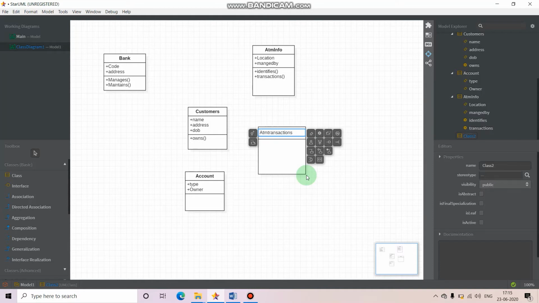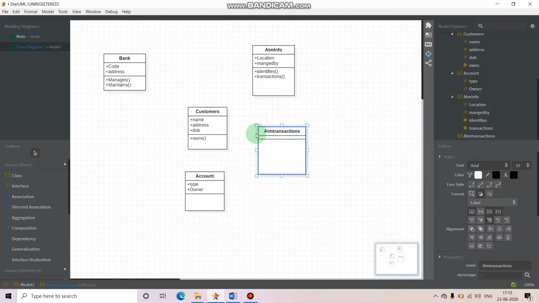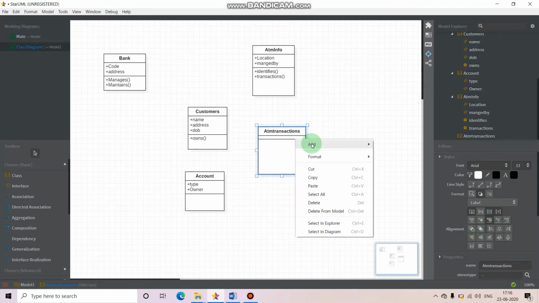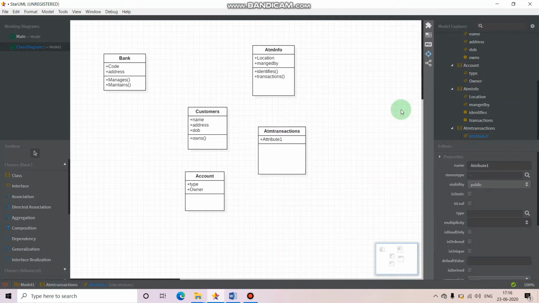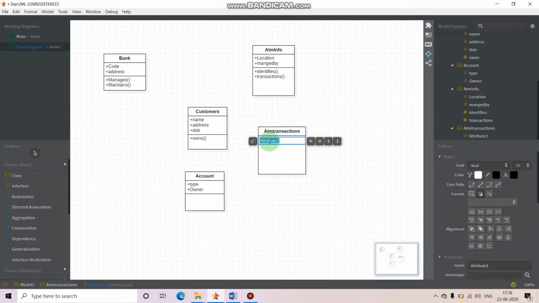You can also change its format to make this diagram look very good. You can change the line style, you can change the format, you can give colors to it, you can change its alignments, everything, to make a good impression on the teacher during the exam. In the exam you can do that. Okay,